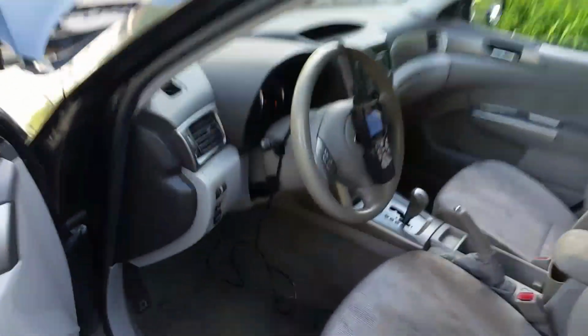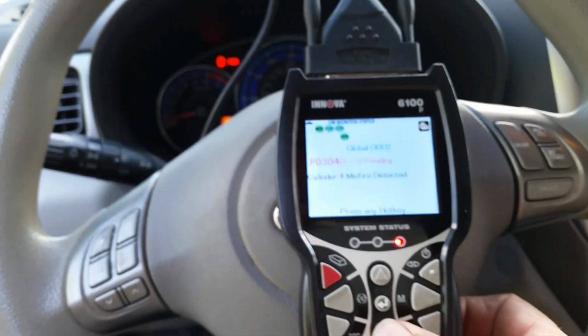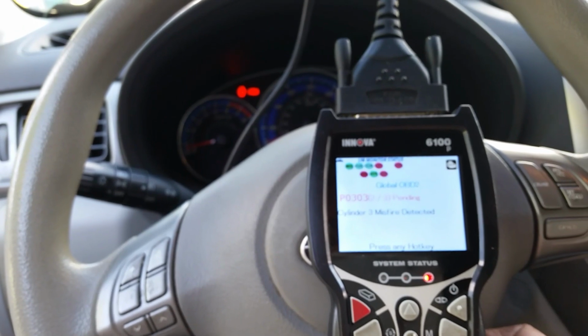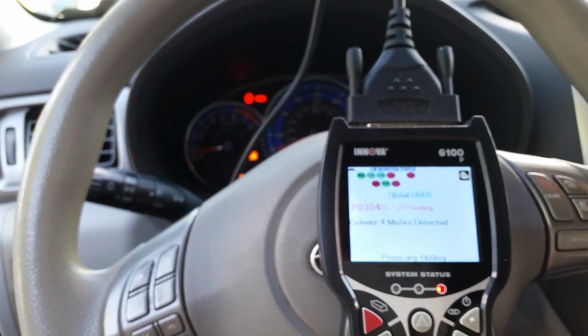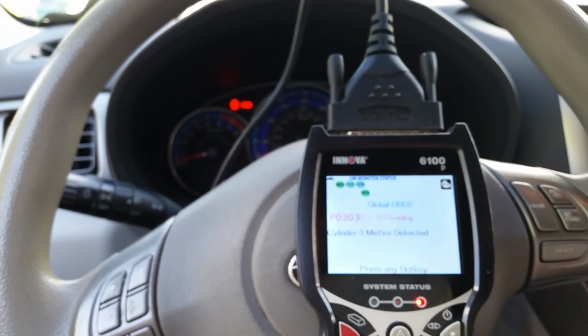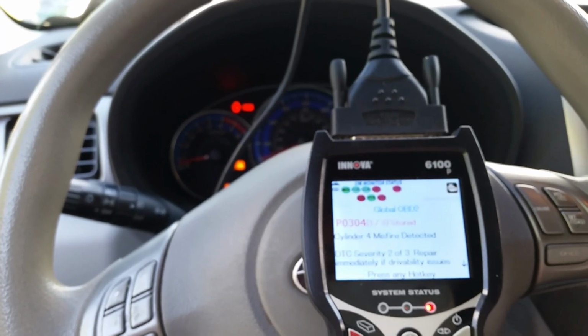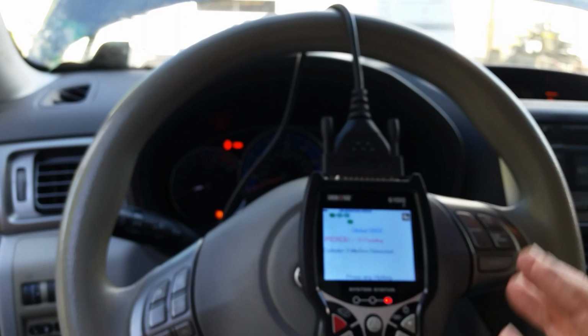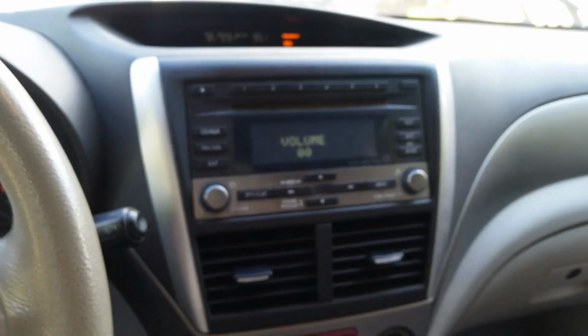Yeah, guys, I don't know. I did hook the code reader up, and the codes that we got are P0304, 04, 04, 04, 03. So cylinder number 4 and number 3 are missing, but I think number 4 is the one that's causing a big problem. I've got 3 codes on that, and I just have one on number 3. That's the only other code we have, but to be fair, the battery was unhooked, so at least I know what side to look for. Other than that,